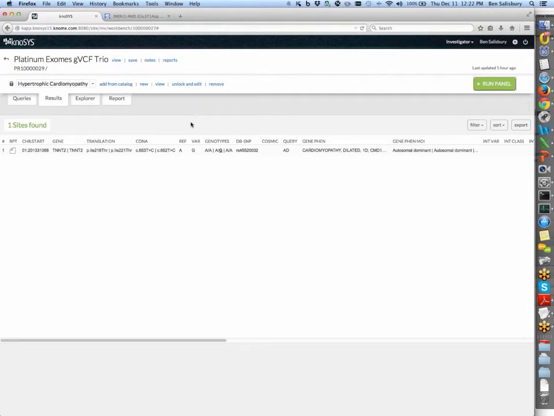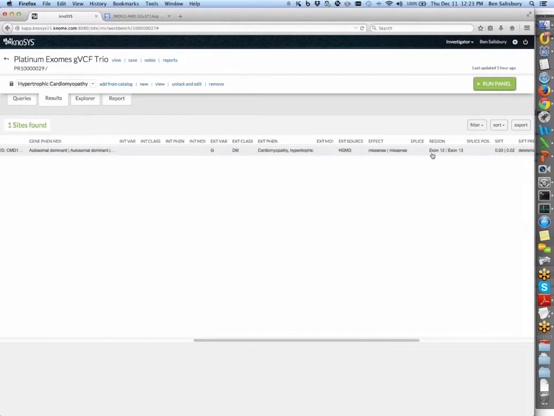For those of you who have seen me demonstrate previously, such as in the webinar I gave a few months ago, you'll recognize this variant in troponin T2 associated with a variety of cardiomyopathies, and there was, again, a record at HGMD of this as a disease-causing mutation. Having reviewed the data, the conclusion reached was that this was probably just an anecdotal observation in an underrepresented population, namely a study of a few hundred Brazilians.